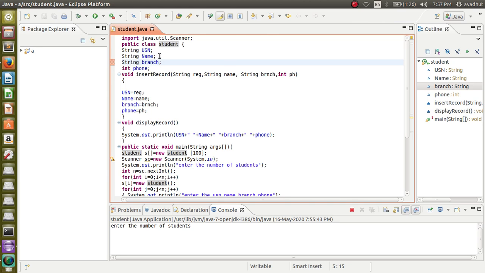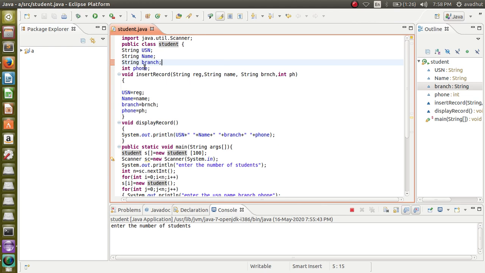Then first, what I am declaring here: I am declaring USN, name, branch and phone number as the variables. USN, name and branch are strings and phone is an integer number. Then first we are going to insert the record, which means we have to take the phone number, USN and name. For that we are using the function insertRecord.